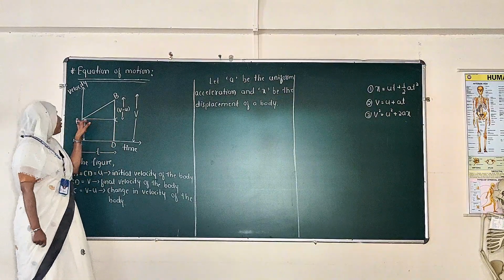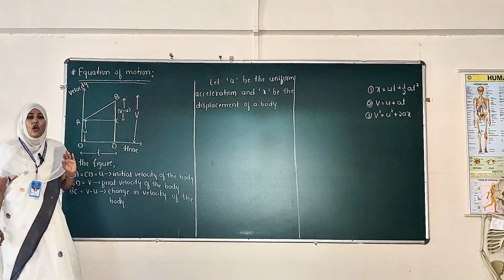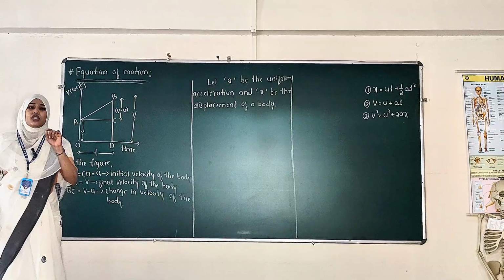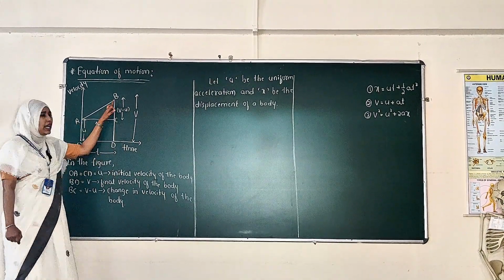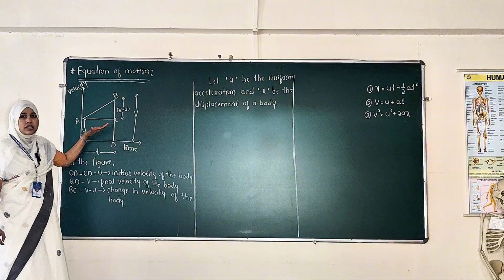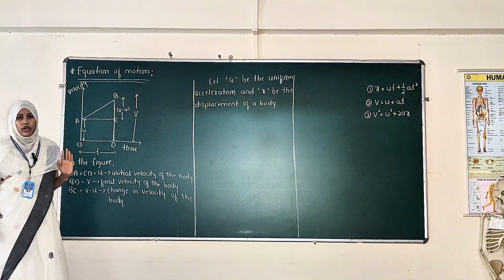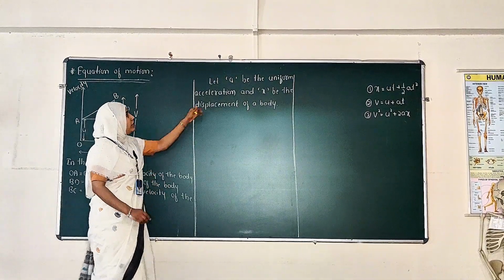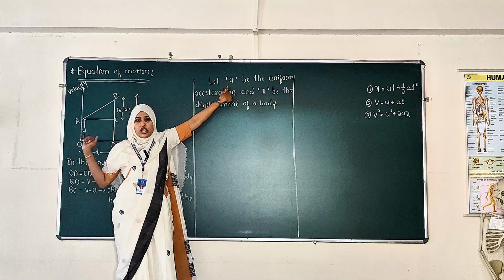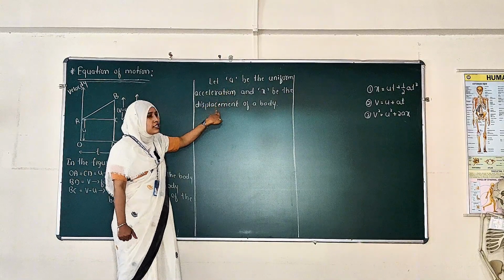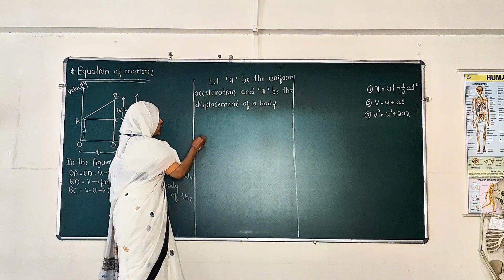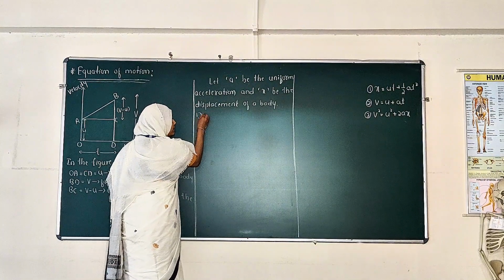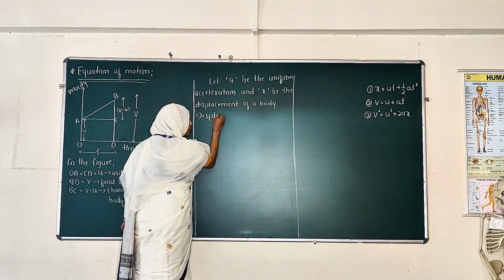Now, here we are calculating the displacement. What do you mean by displacement? The shortest distance covered by the object. The object has covered AB. Whatever the shortest distance comes under this curve, we will calculate. For this, first I will take a as the uniform acceleration of the body and x as the displacement of the body. Here we are calculating the displacement. I will write displacement of the body